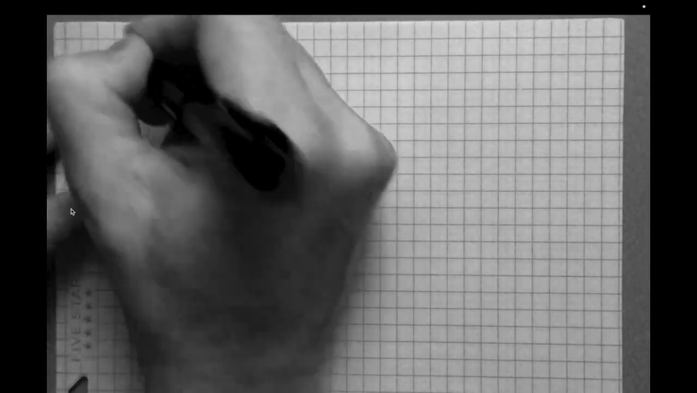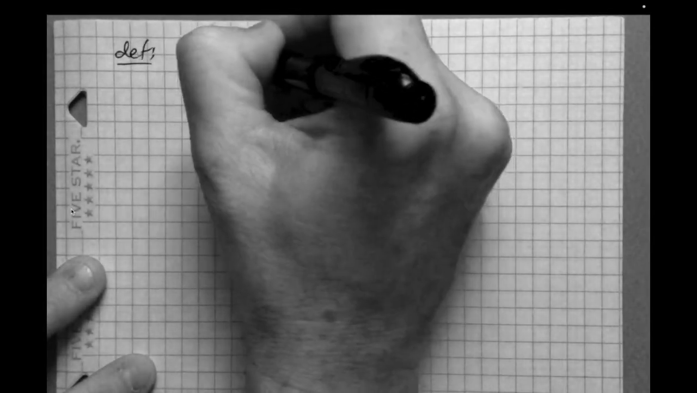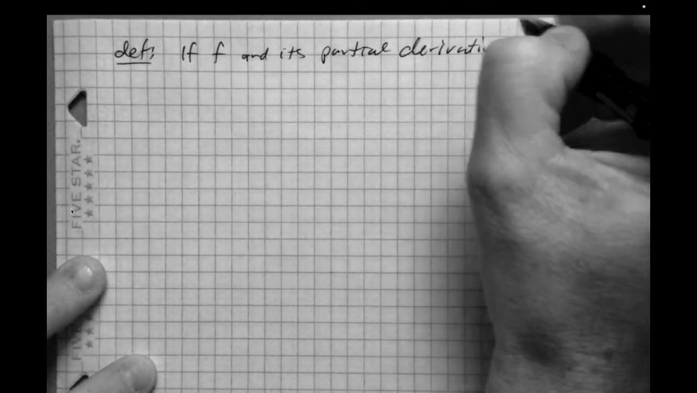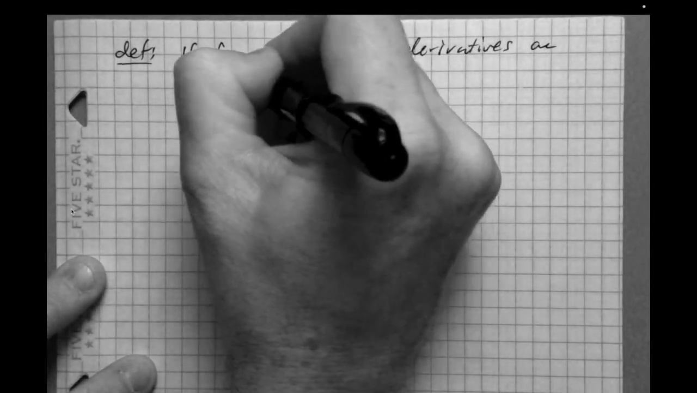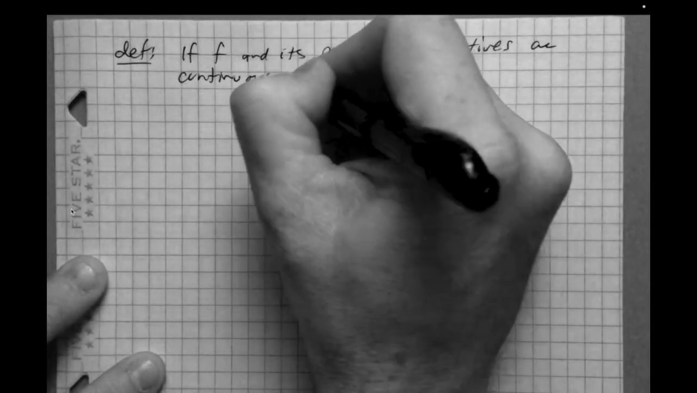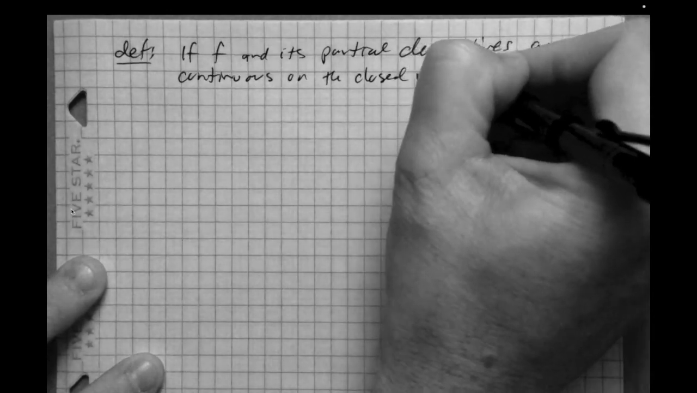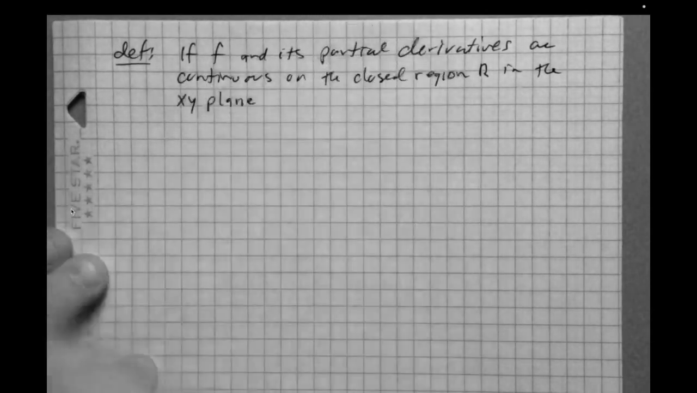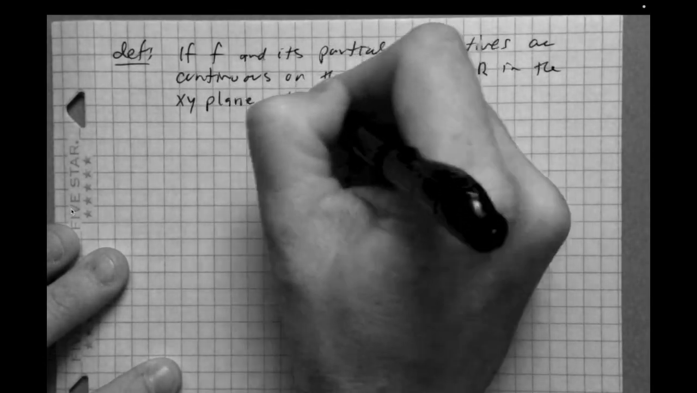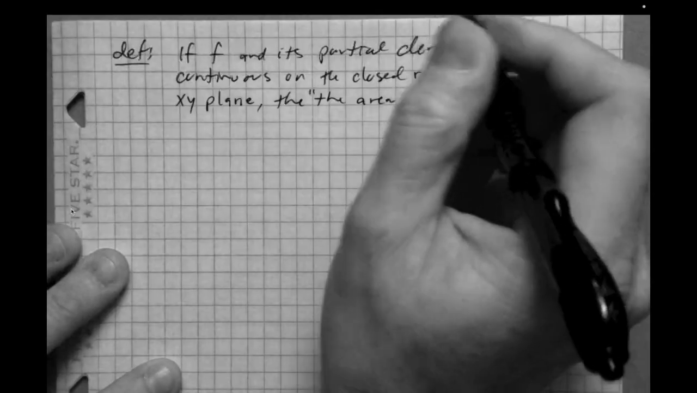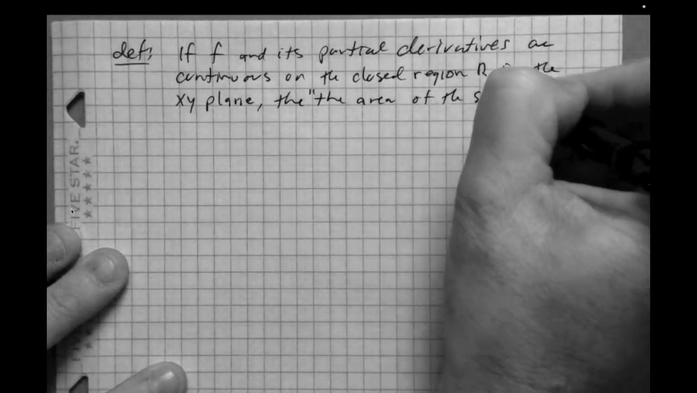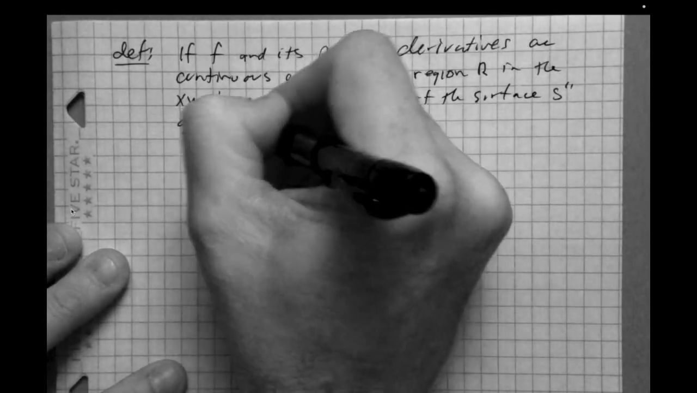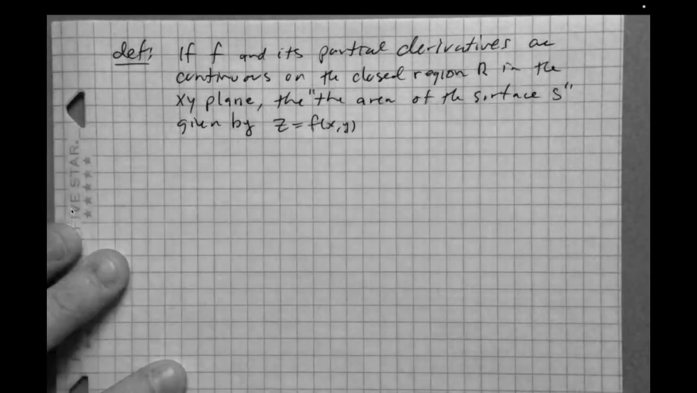Okay, so definition. If f and its partial derivatives are continuous, okay, on a closed region R in the xy plane, okay, then the area of the surface S given by z equals f of x, y over R